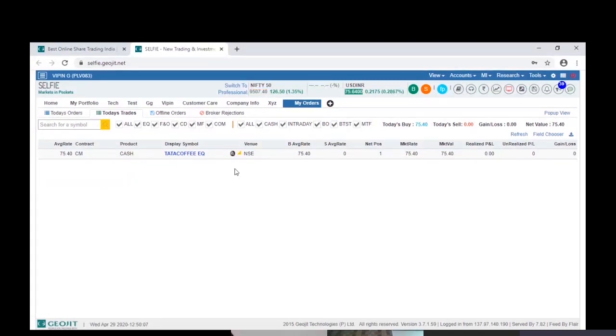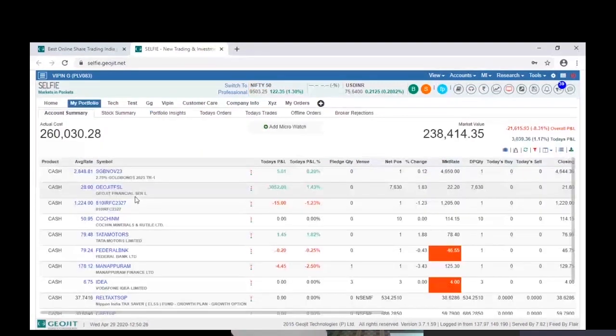Now let us go to the next important screen, which is called My Portfolio. Basically, My Portfolio means what I hold. Hold means the shares, mutual fund units, bonds or ETFs which I hold in my Demat account. Yesterday I might have purchased a share which may not have been credited to my Demat holding, because in Indian exchanges we have T+2 settlement. So that would not have been credited.